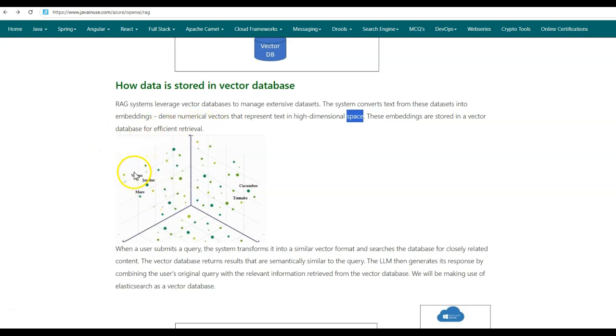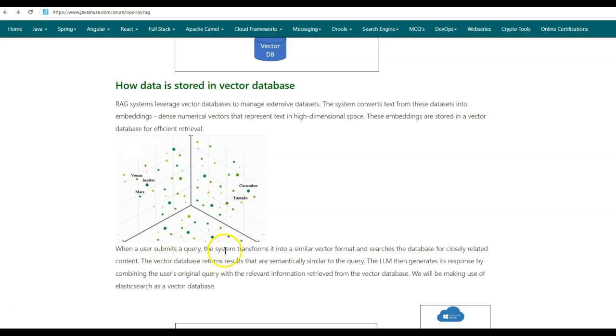Suppose we are storing the names of planets, then these will be stored together in a vector database. Similarly, if some vegetable names are being stored, then these will again be stored close to each other in the vector database. This is taken care of internally by the vector database. Now suppose we have to store information about some other space or extraterrestrial object like asteroids, then this will be stored somewhere close to these planets. Whereas if some other fruit name like apple is to be stored, then again it will be stored somewhere close to these vegetable names.